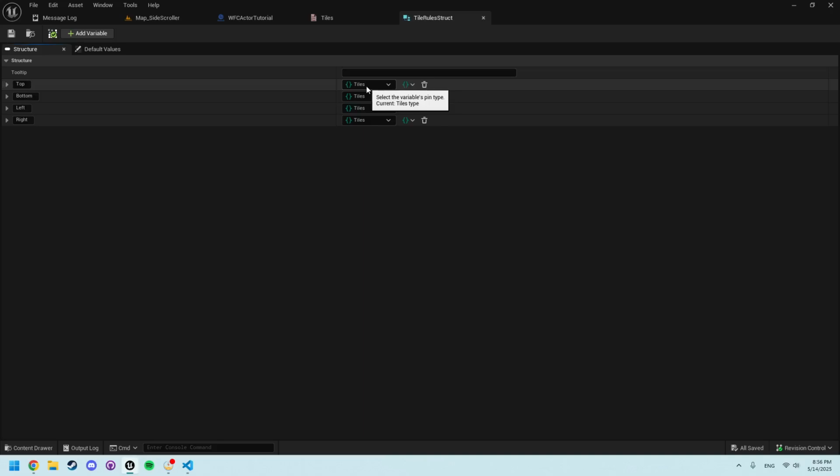They're going to be set to the type tiles, set to this enumerator, and then made into a set. And essentially what a set is going to do is allow there to be only unique elements within each of these variables. And as you see, I've named it top, bottom, left, and right. That is because this will contain each neighbor's